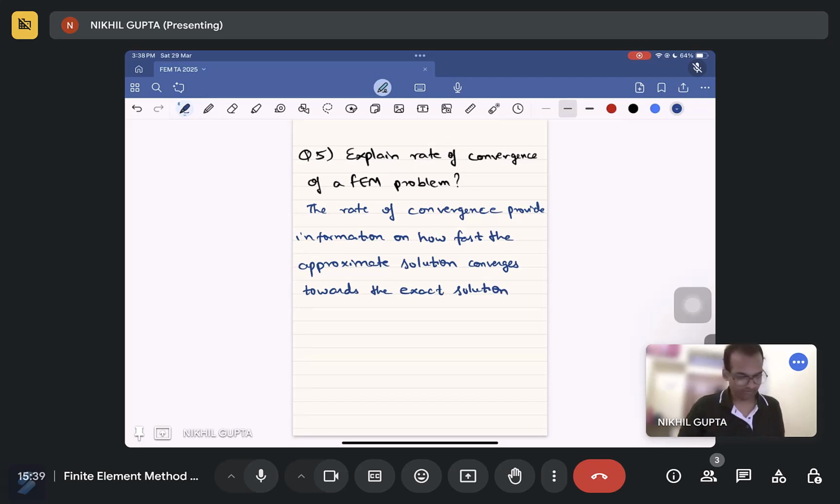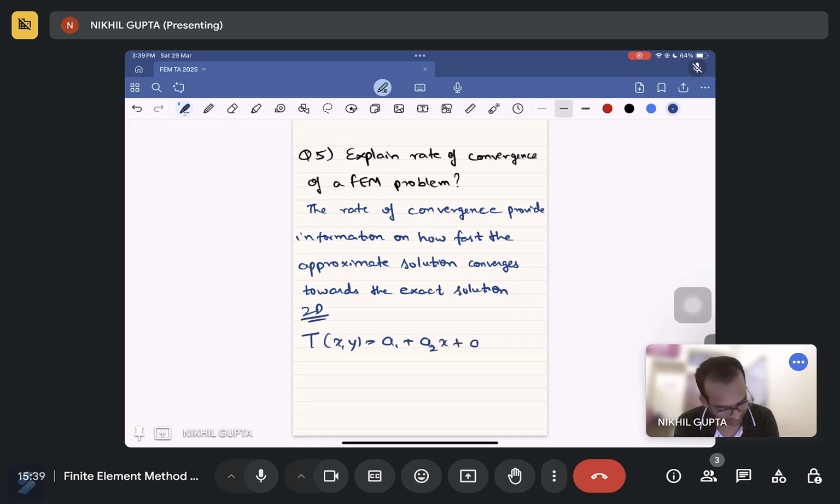So we have to check how this is done. Whenever we do an FEM solution, let's take a 2D problem so that we have x and y also. Let's take a field variable T(x,y) as a1 + a2x + a3y + a4x² + a5xy